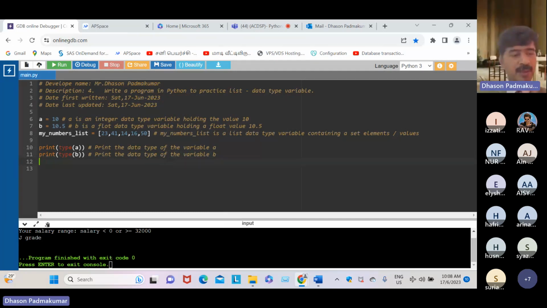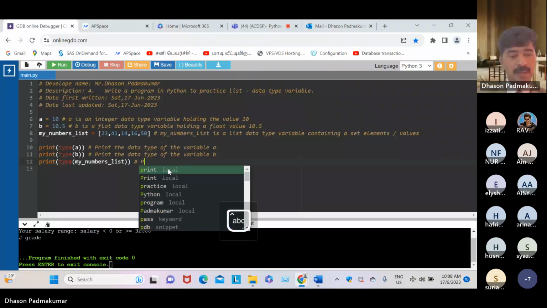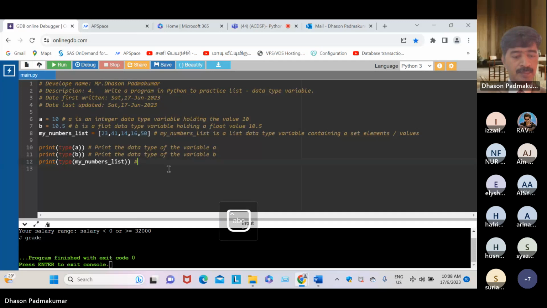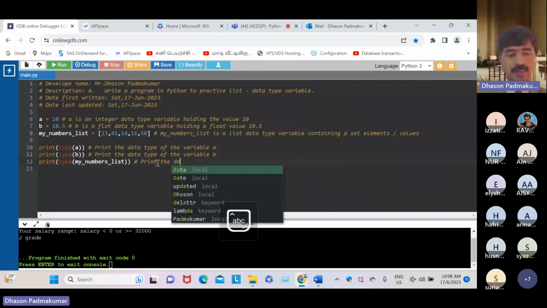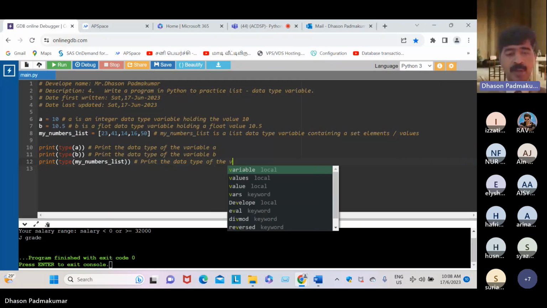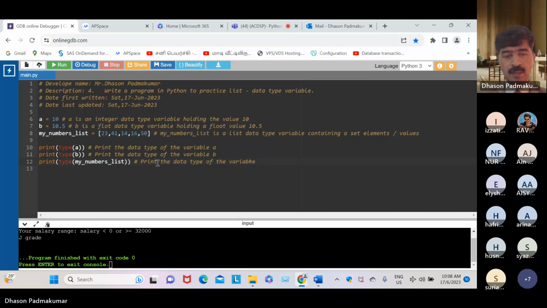And next, print type my numbers list. Print the data type of the variable my numbers list.